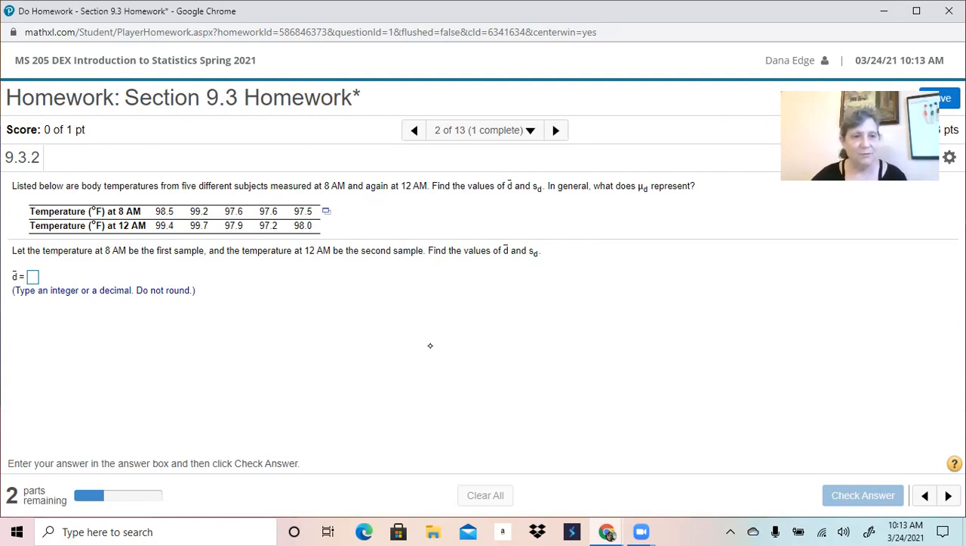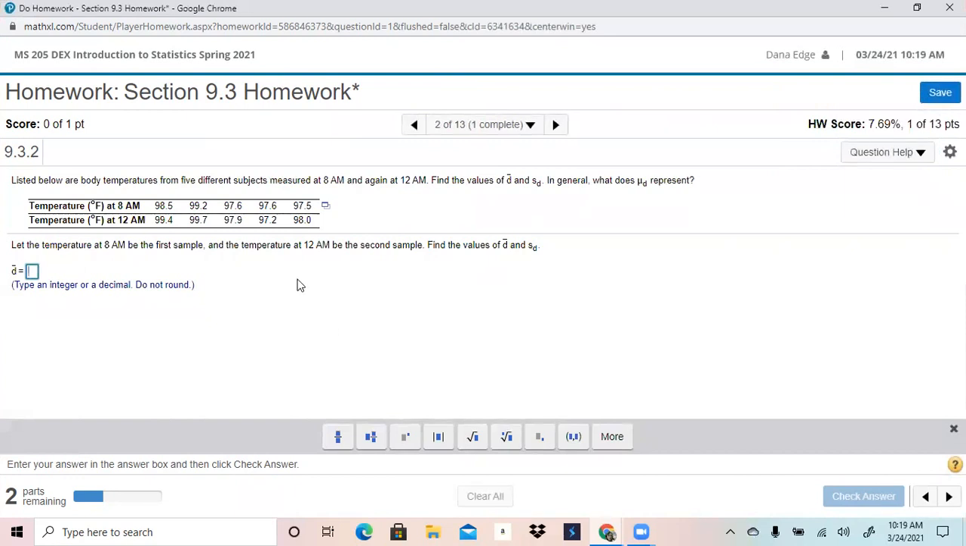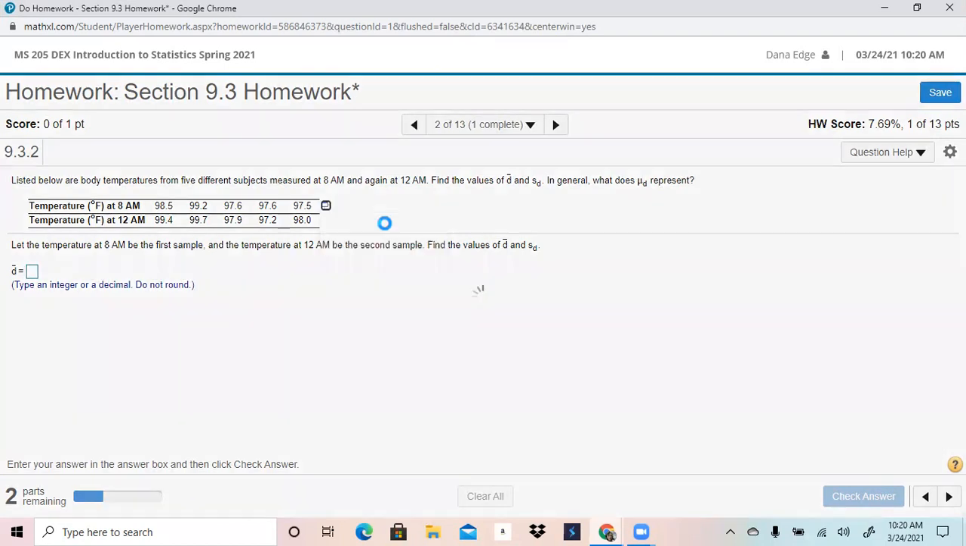For instance, in this problem, we have a set of 5 temperatures at 8 a.m. and a set of 5 temperatures for the same 5 subjects. These are body temperatures, not outdoor temperatures, at 12 a.m. In order to get the mean of the differences, D bar, and the standard deviation of the differences, S sub D, if I load this into StatCrunch,